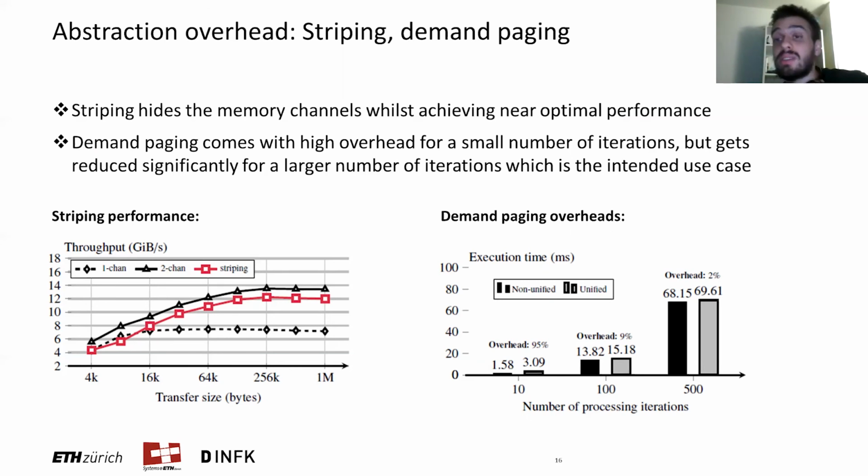So the first one is the single channel only, which is the baseline. The second one is 2 channels, which actually reads from one channel and then writes to the other channel. And this is the optimal case and requires the explicit knowledge and interfaces to both of these channels. And then finally, we have the striping abstraction, which does the optimizations in the background. What we can observe is that striping preserves the simple one-channel interface and portability, whilst actually providing a near optimal